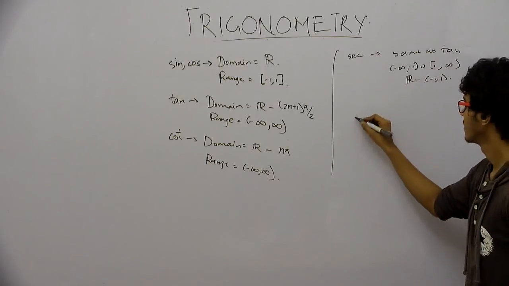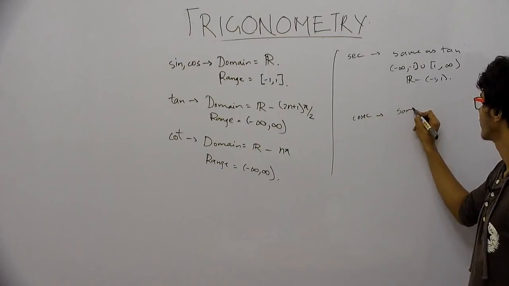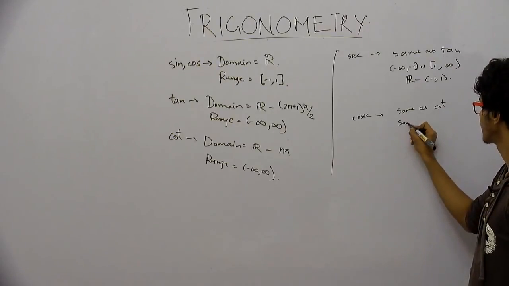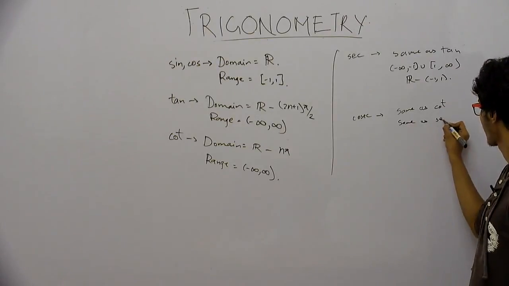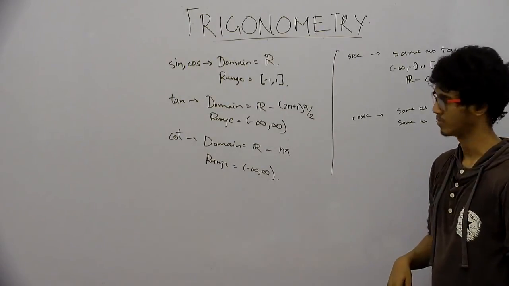radians. For cosec, the domain is same as cot, and the range is same as sec. Now, since we have gone over the domain and ranges as well,